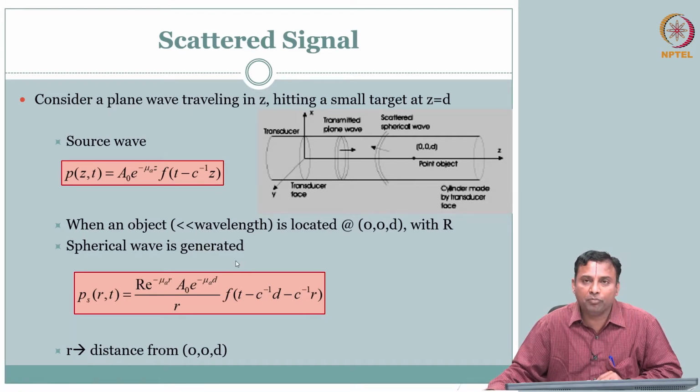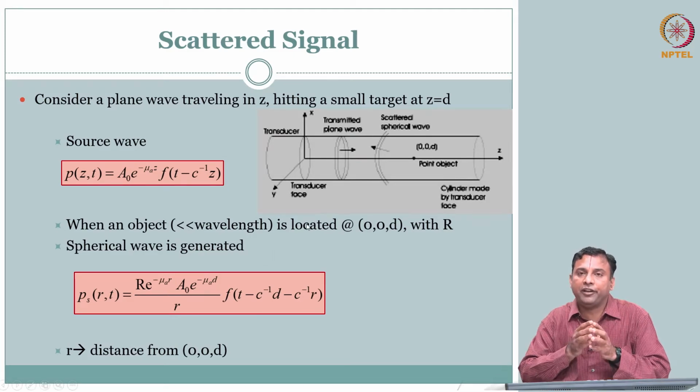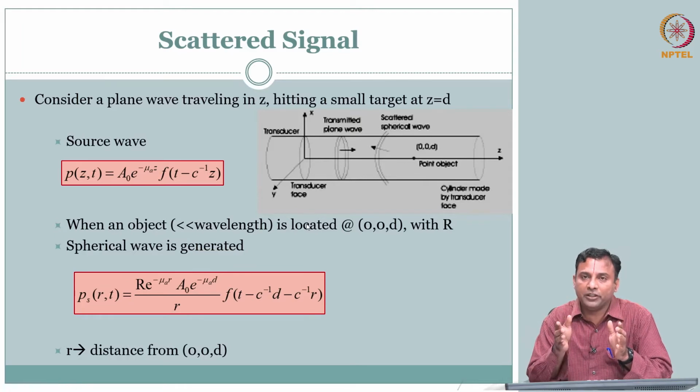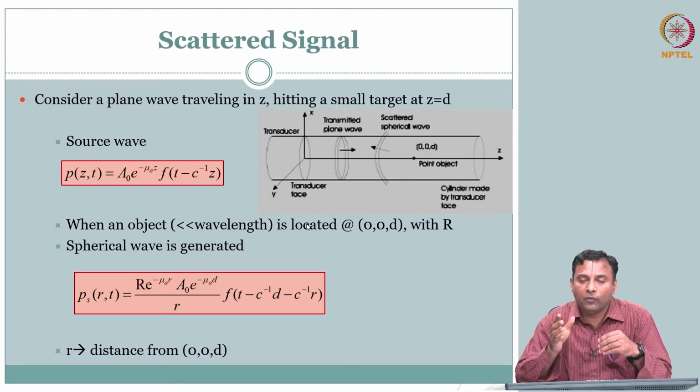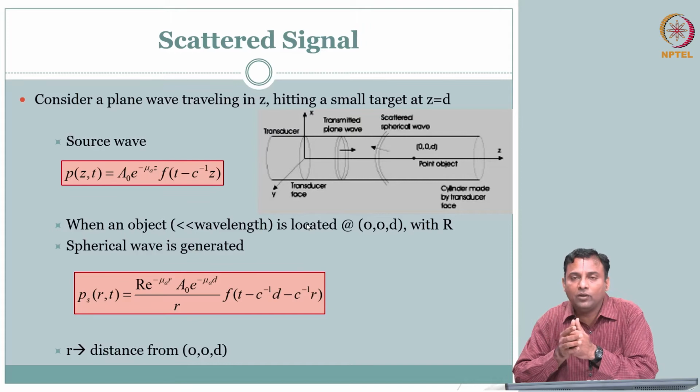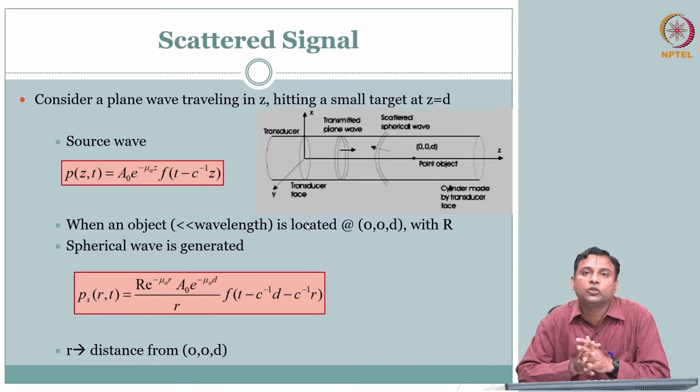So before we proceed further on the instrumentation and image equation, there is one other interaction that is important that we understand. So far what we have done is we have defined the wave propagation, and how this wave interacts, more specifically when it encounters an interface where there are two different mediums on either side. When a wave encounters that, what happens to it? That's what we have seen so far.